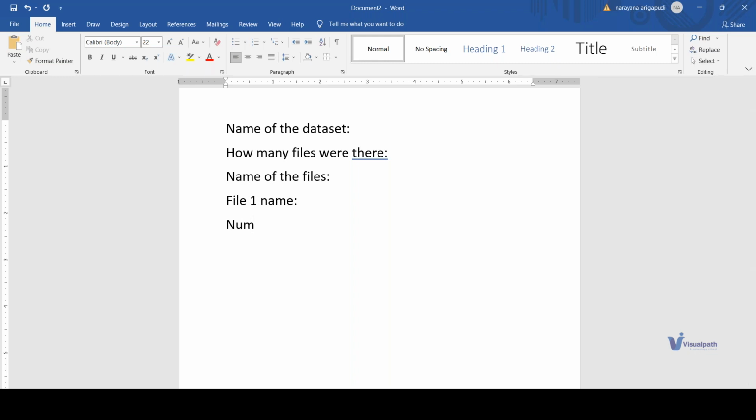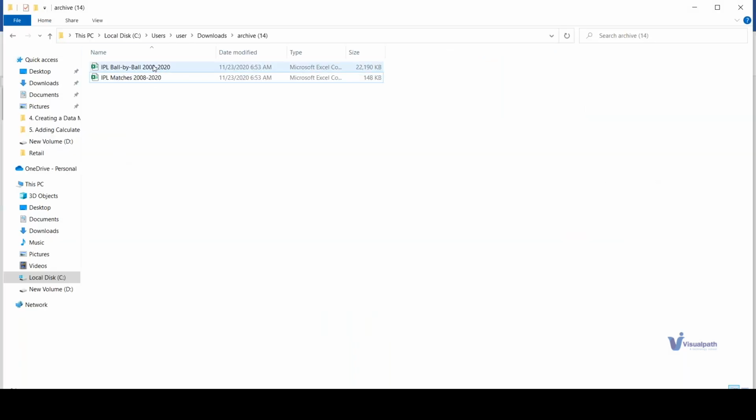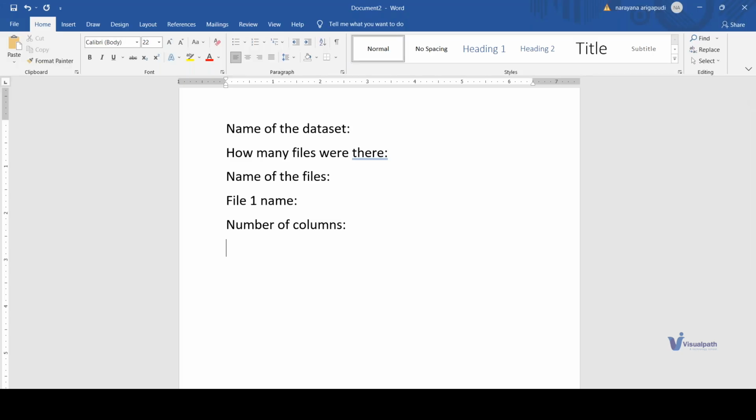Just count how many columns you have in this particular Excel sheet. Number of columns, name of the columns, data type of the columns,